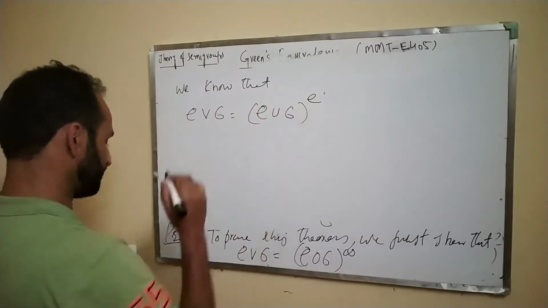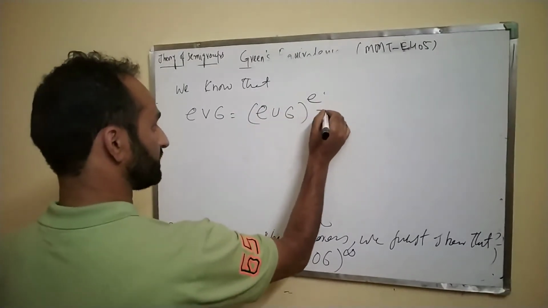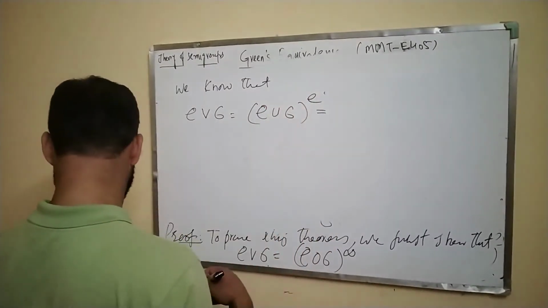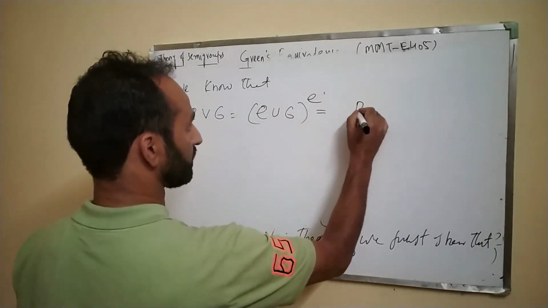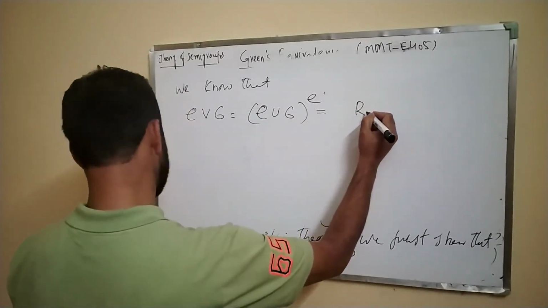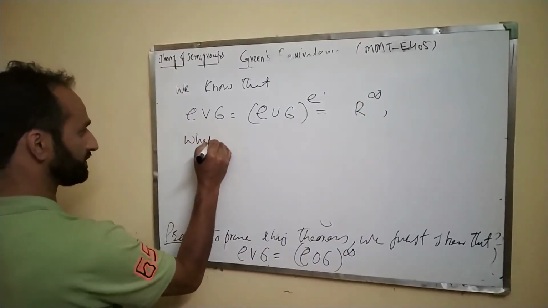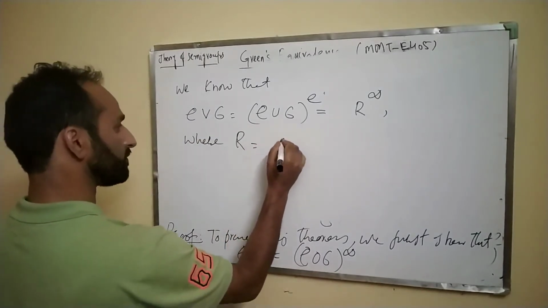This is already proved, already verified, and that was done in one of the previous lectures, that it's actually equal to R infinity, where this R is equal to rho